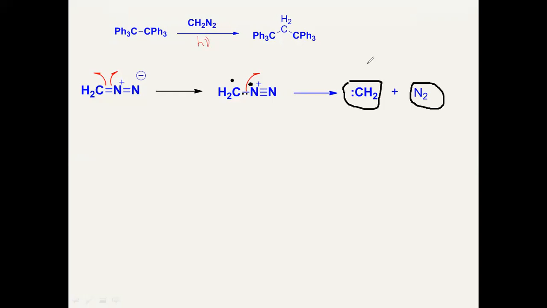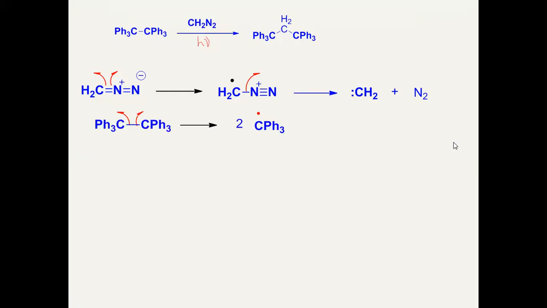Once this carbene is formed, that carbene reacts with the radical of this triphenyl methane radical, which is formed by again homolytic cleavage, and these two radicals would combine with this carbene, and they will form the final product. You can see this overlapped here. Let's see this. This radical will form a bond with this one radical electron. This will form a bond with this one electron, and there is a formation of this structure.